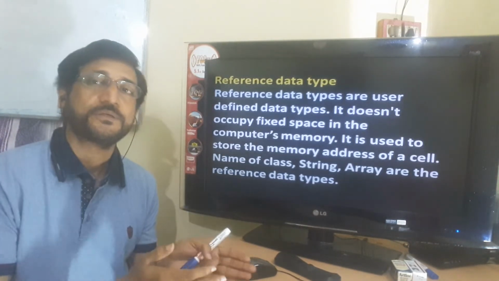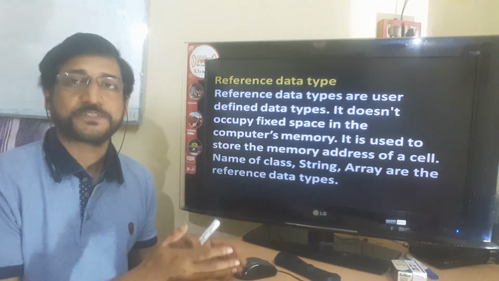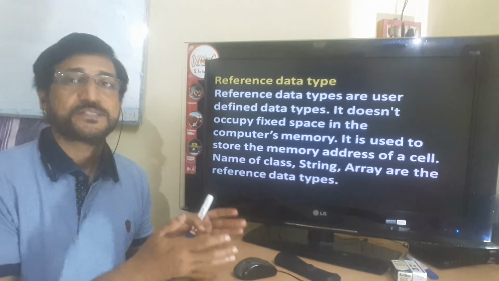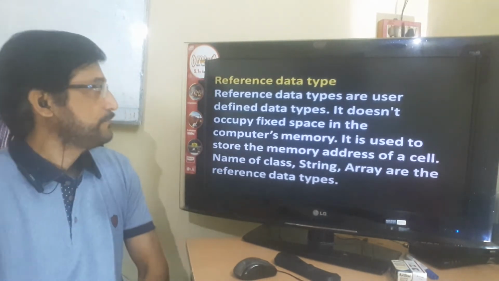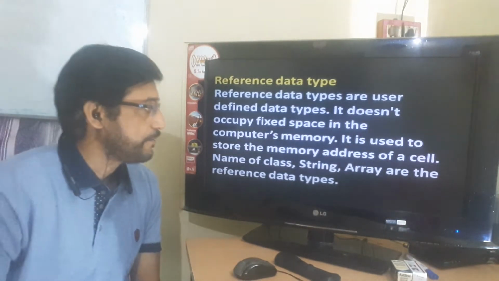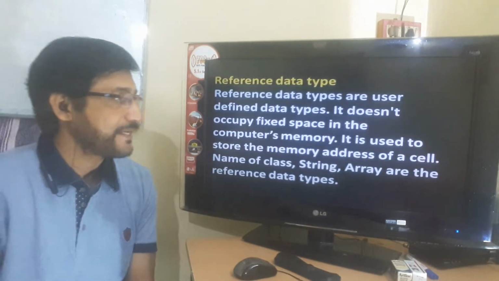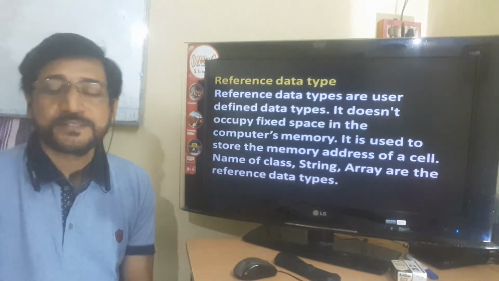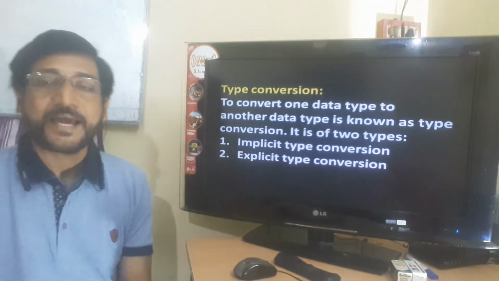Depending upon the number of variables declared inside the class, that much space is reserved. It is used to store the memory address of a cell. Class names, strings and arrays are reference data types.